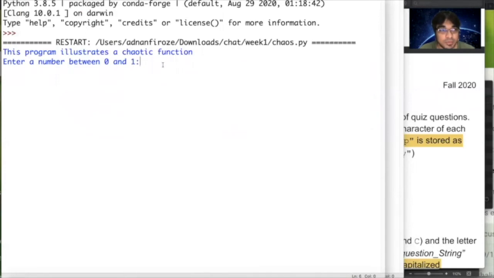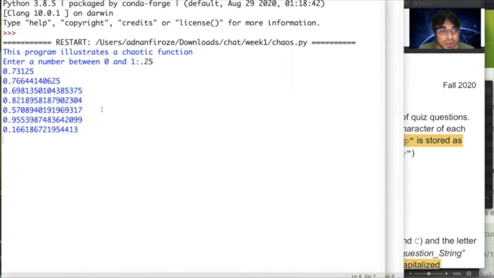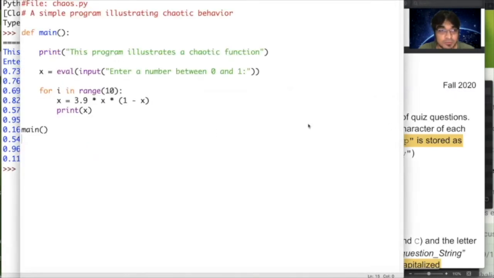It asks for a number between 0 and 1. We'll do 0.25, like in the handout. And we see that we get 10 numbers following this equation here. The reason we get 10 numbers is because we are looping through this 10 times. It's 10 here as an argument inside the range function.